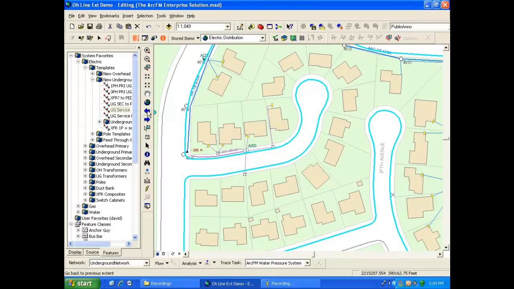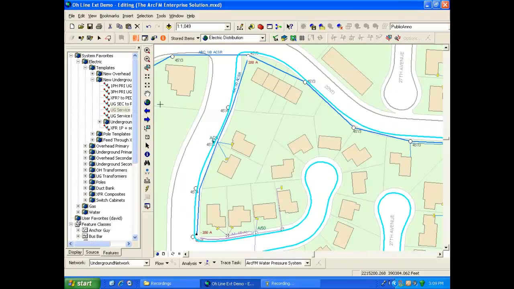Okay, so I'm pretty much finished with my drawing of my primary line extension and my underground line extension. As you can see, we provide templates to help our end users become very efficient and effectively create information very rapidly in the GIS. Now,